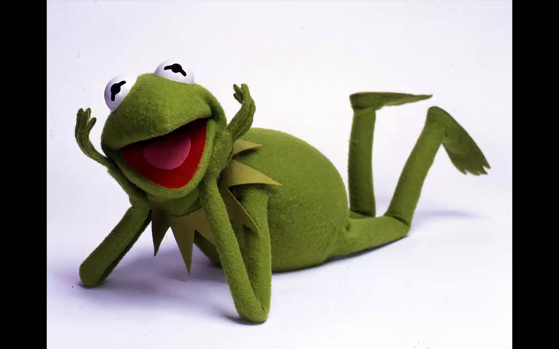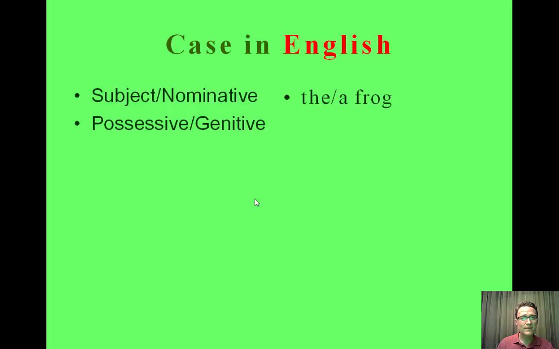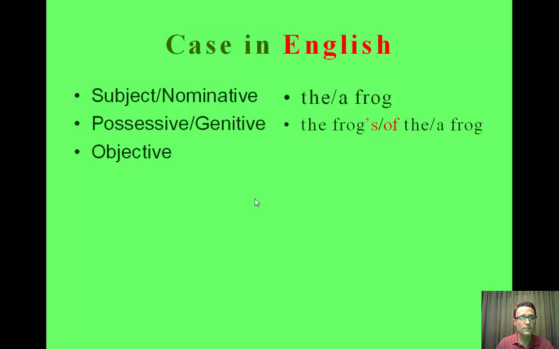Hi-ho, Kermit the Frog here. Then we have the possessive case, which will correspond to Latin's genitive case, and that shows possession, the frog's, or of the frog. And then we have the objective case, when a noun is not showing possession, when it is not the subject or predicate nominative. This is the case that we use, and this includes many prepositional phrases: to, for, by, with, in, on, the